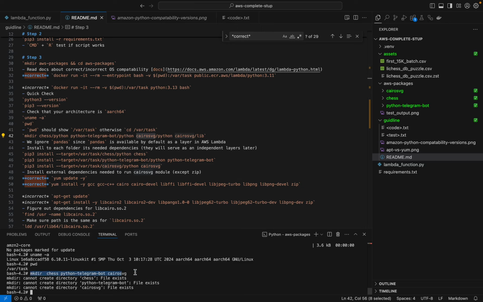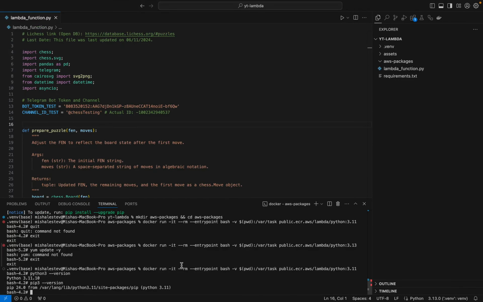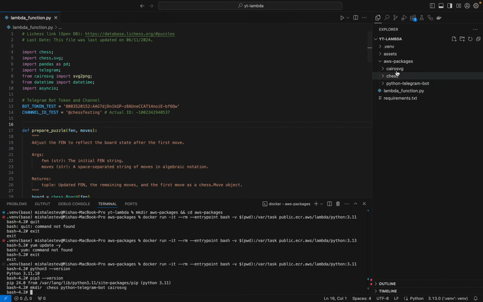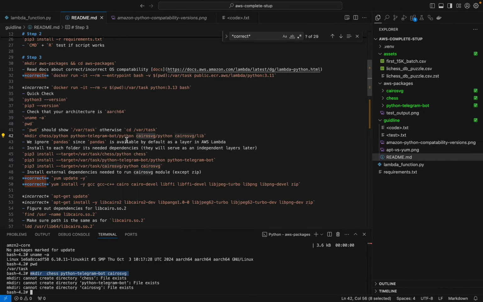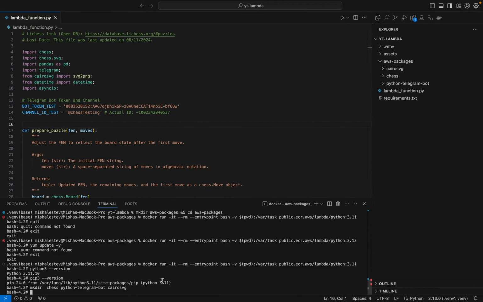Oh, yeah. Here's the deal. I'm already doing it in the made project, so we have to make it here. Yep. So now we have these 3 folders, and now we're going to create a Python folder in each of them. So basically we're going to have Python in chess, and then we're going to have Python here too. I have to type it, I can't just copy everything. And we're going to have an extra directory in Cairo SVG, which is going to be called lib,